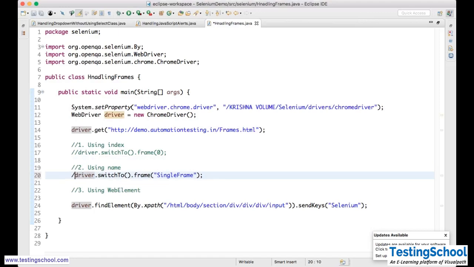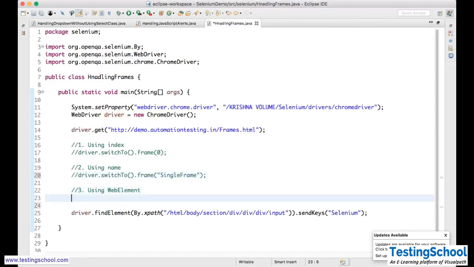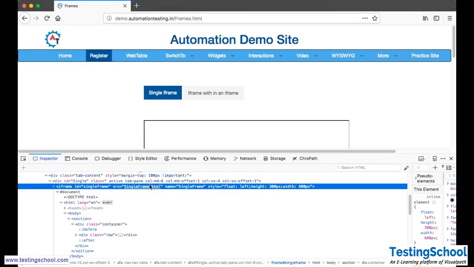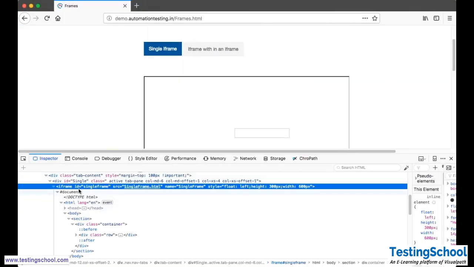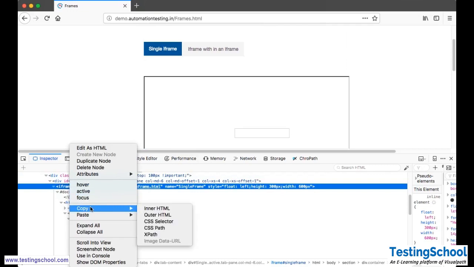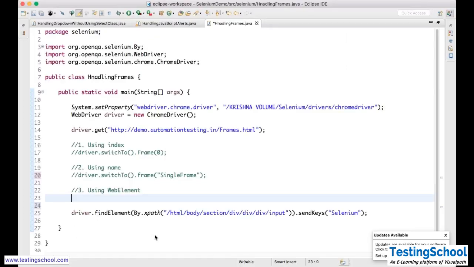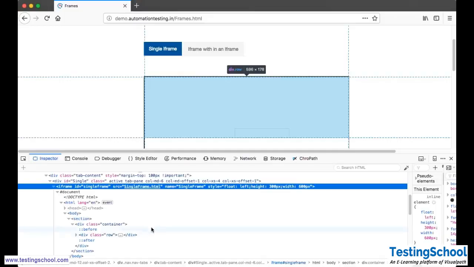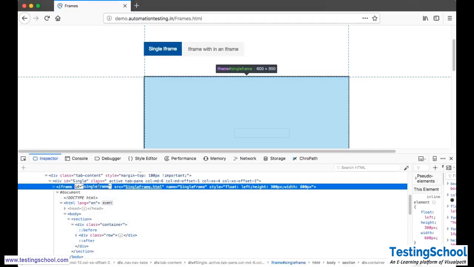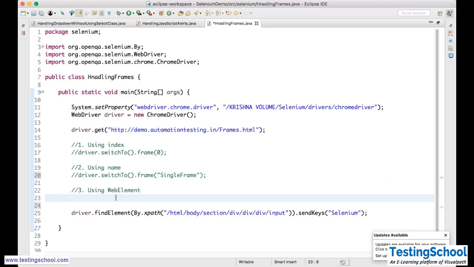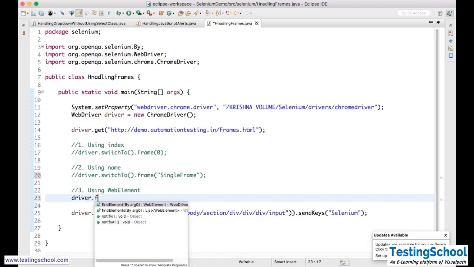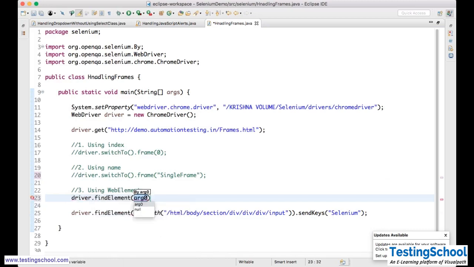Now we'll give a third option. Very simple, using index or name or web element. Web element means this frame web element. So right click on that, copy, try to get the XPath. Otherwise you have ID, right? ID single frame. Directly you can find that element. driver.findElement